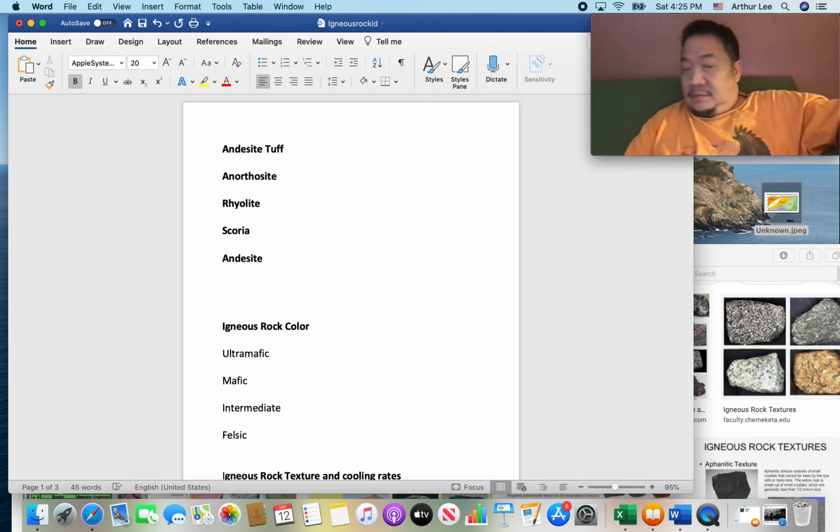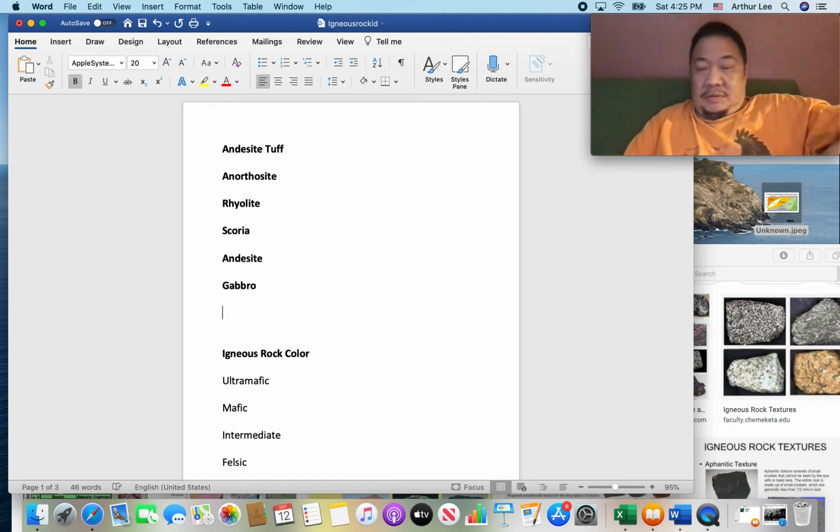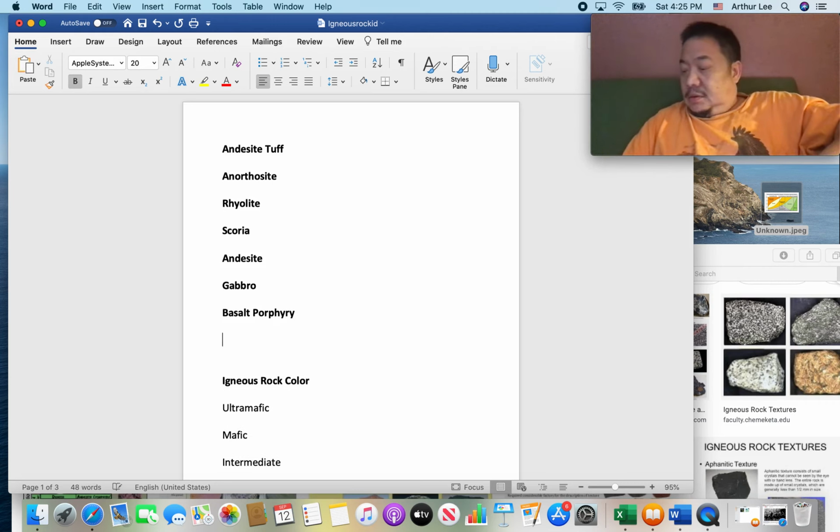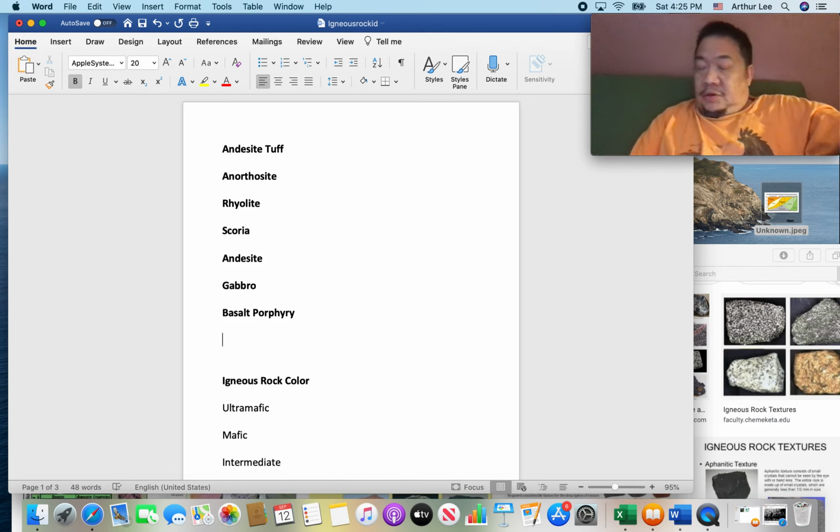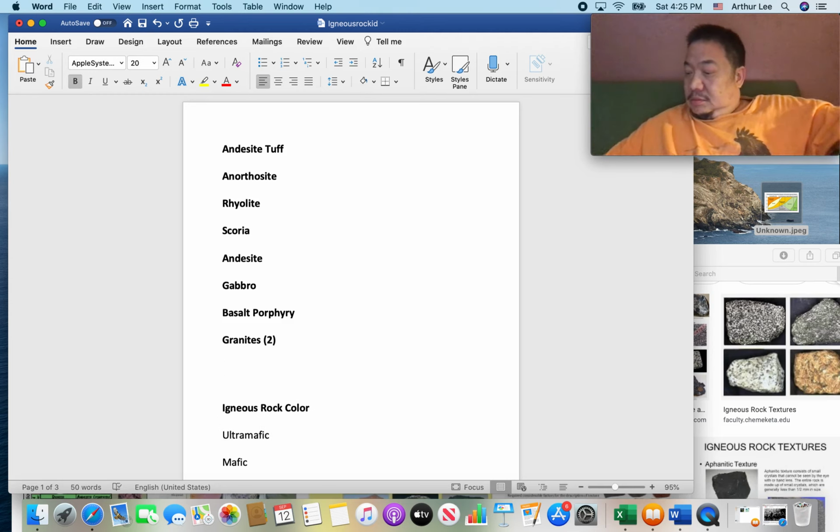Andesite, gabbro, you're going to get basalt porphyry, you're going to get 2 granites, so you're going to get 2 of these. You're going to get diorite,